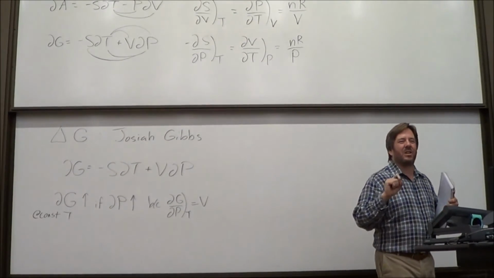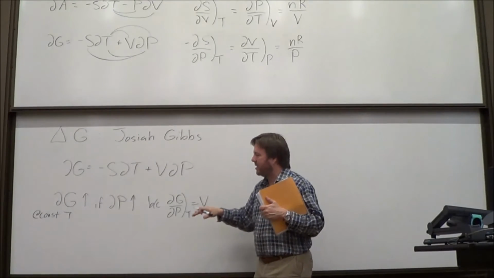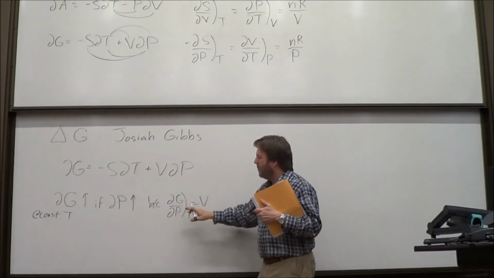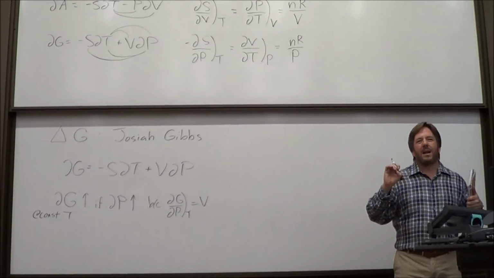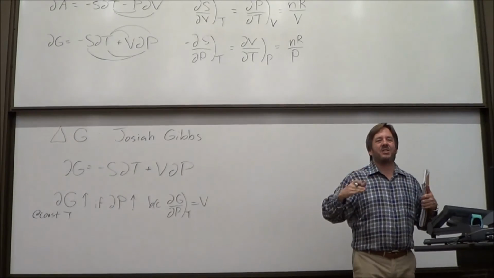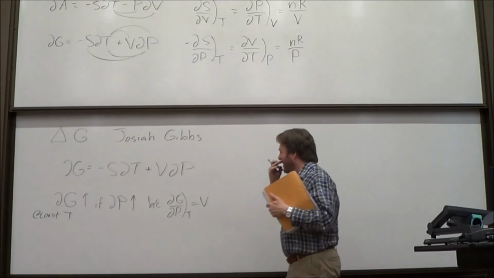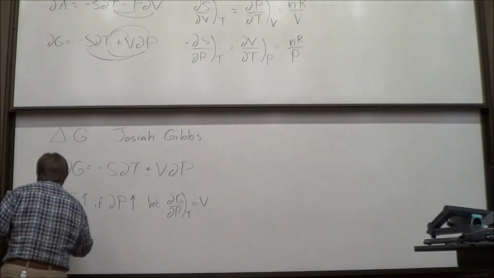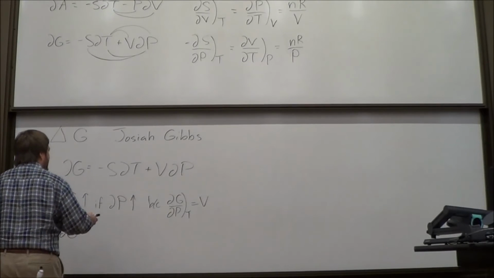Now that's not such a good way to put it, because again, G going down is good, that's why I call G going up bad. But remember, if you can somehow make the G of the reactants go up, then the G of the products is down, and that's a negative delta G. So don't forget that. You don't need to remember that, at least not now. Okay, now let's look at